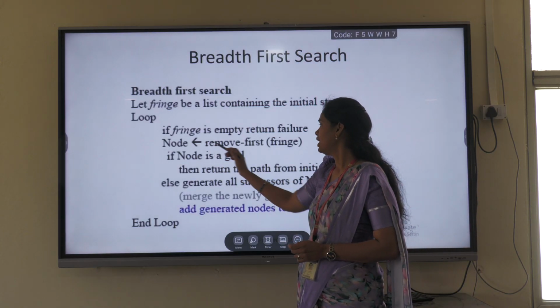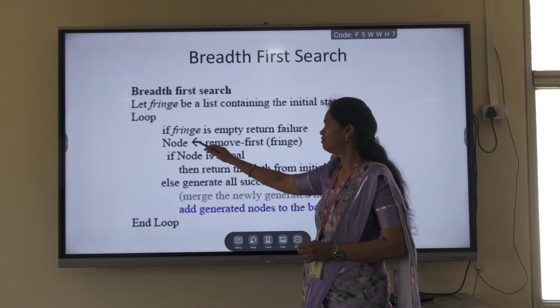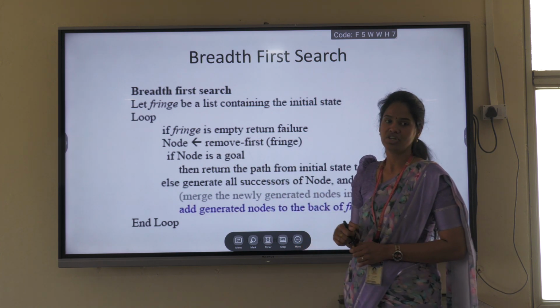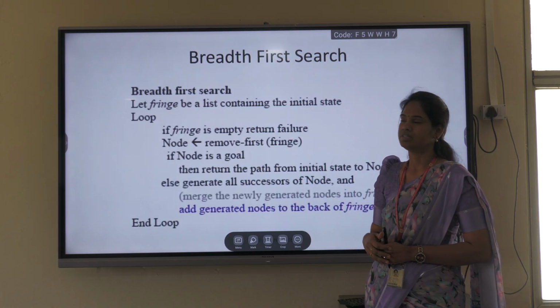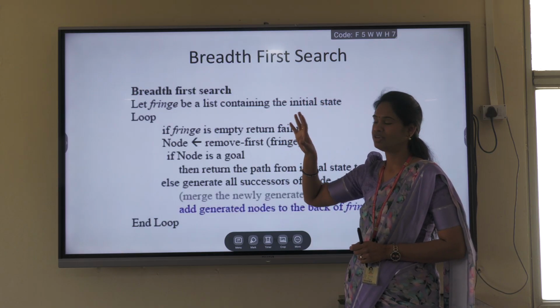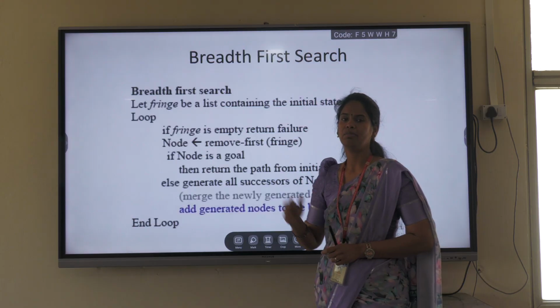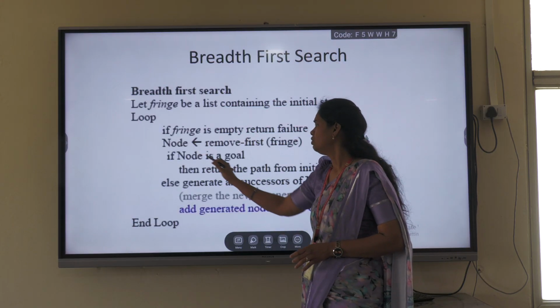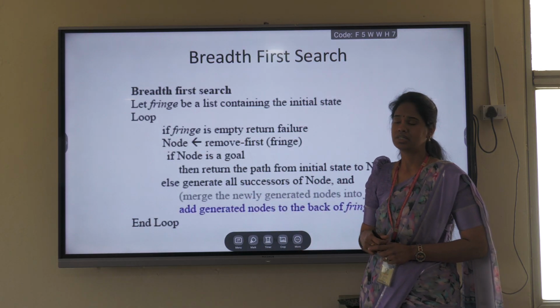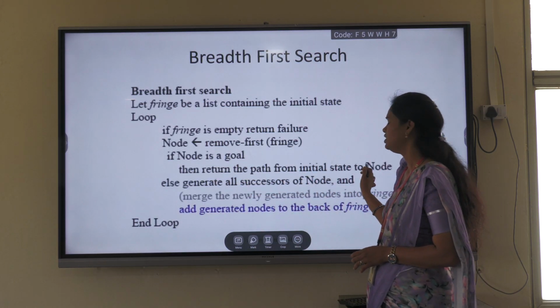Next, we have to remove the first node from the fringe because it is considered as visited. Which means that initially we have set some node in the fringe, right, before the searching. So we have to remove it first and assign it to the node. If the node is a goal node, you have to check it, right? So if the node is a goal node, then return the path from the initial state to the